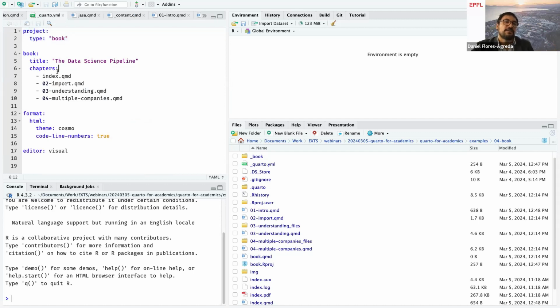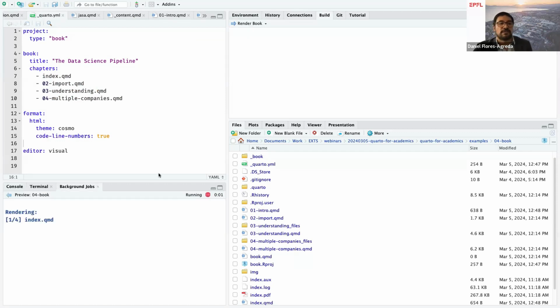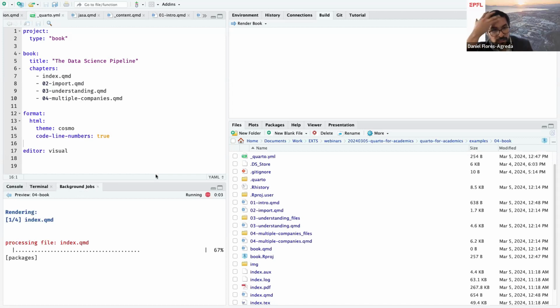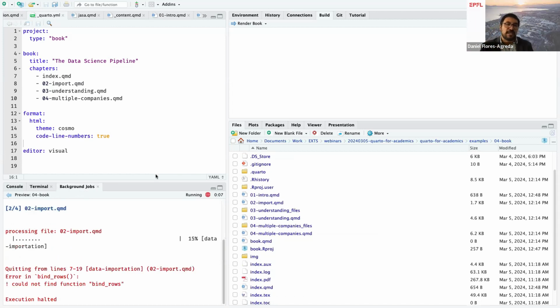You give the title, you give the QMDs, where the chapters are as a list, and the different formatting options for the book, right? And the nice thing is, if you have this built as a project, this activates a build tab where you can render books in the format that you have specified, right? So each of these QMDs is actually self-contained,